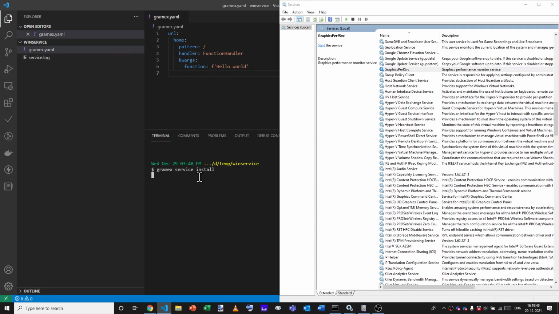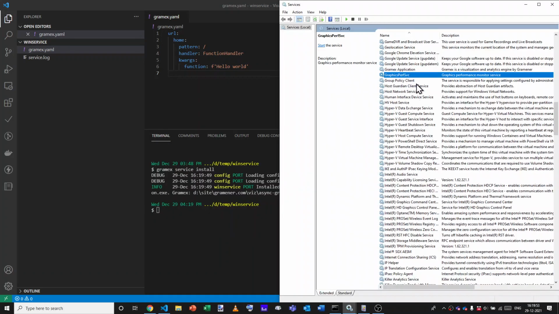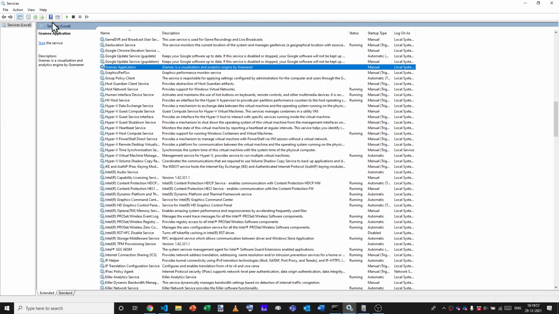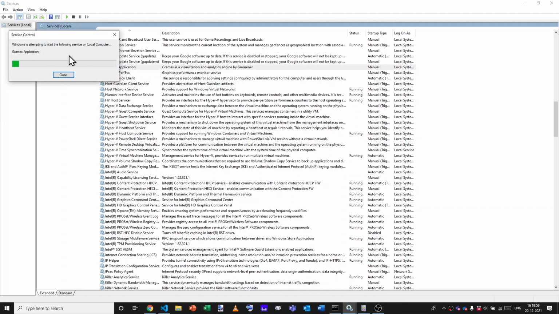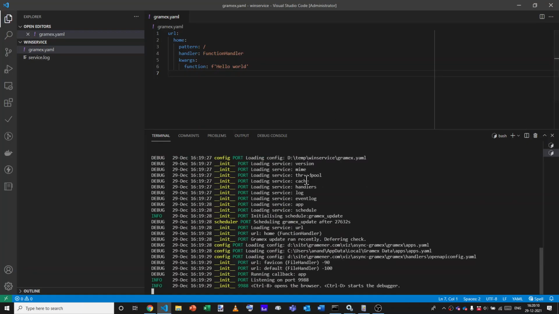That should install the service in a few seconds. Now it's installed. Let's start this service. Now it's attempting to start the service and it's saying running. But after a few seconds, it vanishes. It stops automatically.